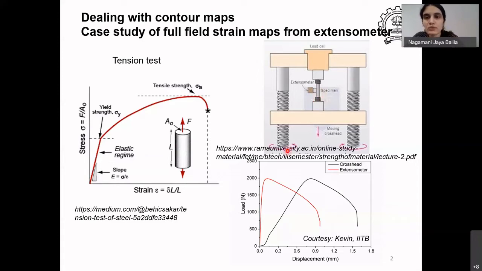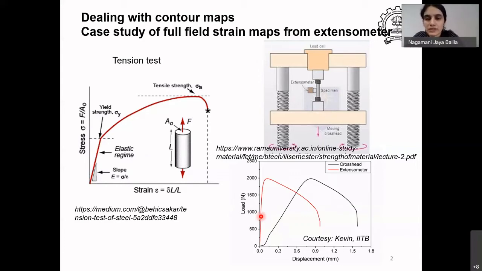And the data, when you do it like that on the same specimen, will look like this. The load displacement curve, you can see that the initial linear elastic part has now a much higher slope. So this is the actual deformation of the specimen, and when you calculate the elastic modulus from this kind of a curve, you will get the more accurate elastic modulus.